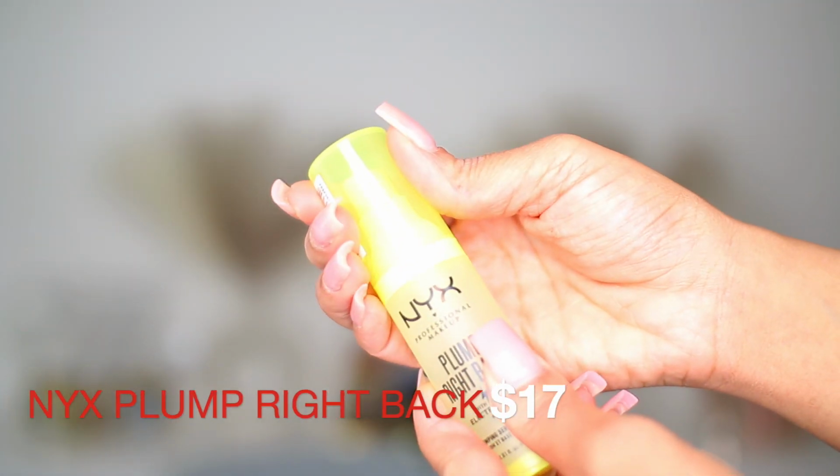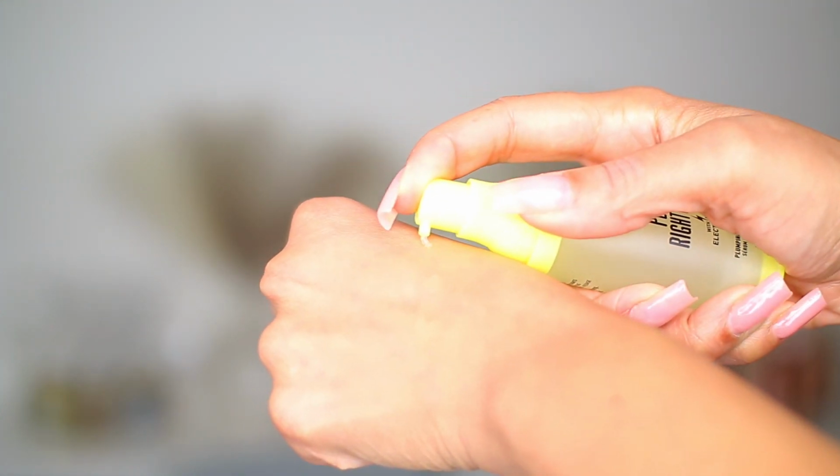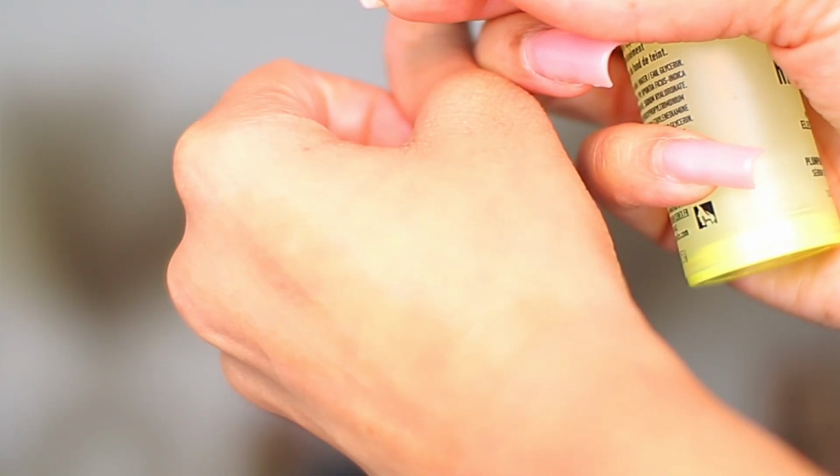Next up, we have the NYX Plump Right Back with Electrolyte Mix. This is a plumping serum. I really do like this primer. I like the fact that it feels very hydrating on the skin. It has like a gel-like formula. It's a really good one. I did feel that on first contact with the skin, it was very nourishing to the skin, so I like